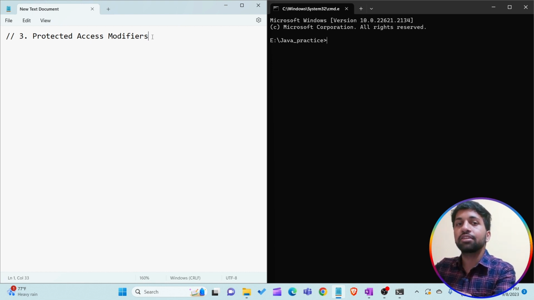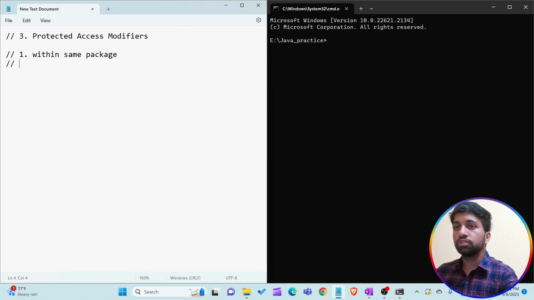But there are some restrictions when I'm talking about accessing the protected member of a class outside the package. Understand? Means there are two uses of protected access modifier. First use is within the same package. Okay. Second use is outside the package. Okay, but when I'm talking about the second type, means accessing the protected member of a class outside the package,